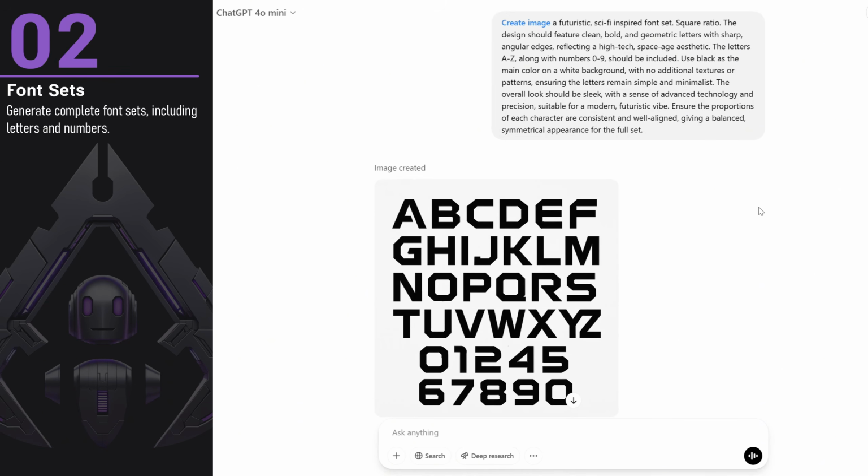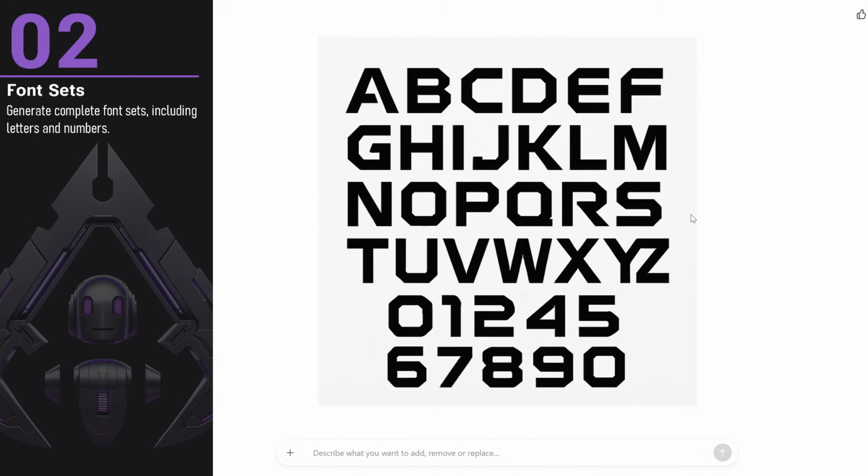You can create fonts with letters and numbers, like in this case where I asked for a sci-fi font set. I usually use a square ratio to avoid cutting off parts of the letters. It did a great job, though it missed the number 3 here, but I can probably modify the number 8